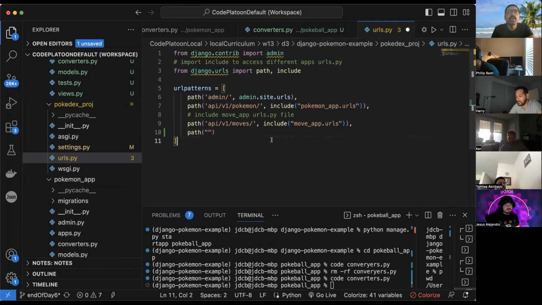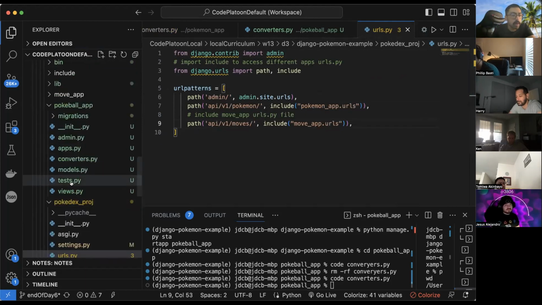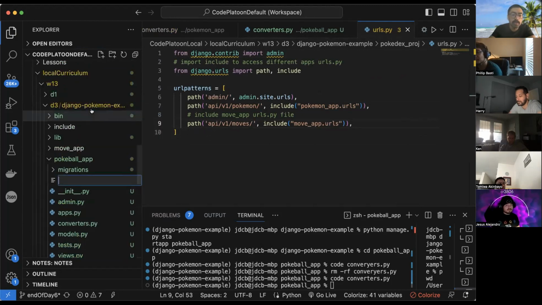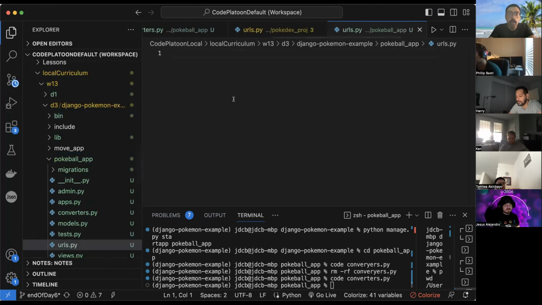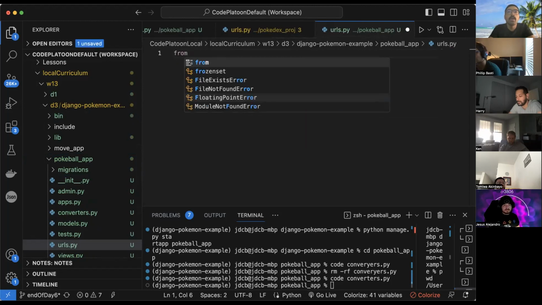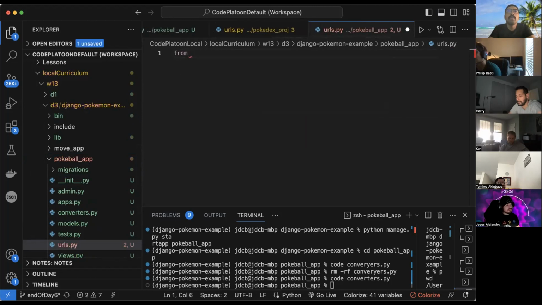Am I on the right? It's Pokeball, sorry, wrong part. I need to go back to Pokeball URLs. I got to make a URLs file for this. So first, we create a URLs file for our new Pokeball app, and we are going to import from, again,